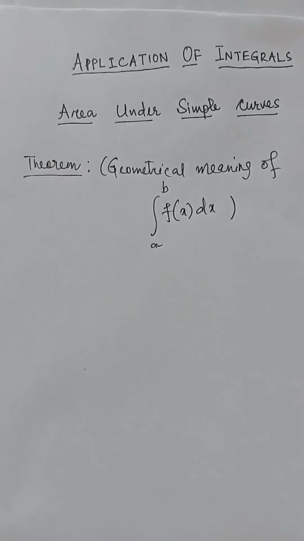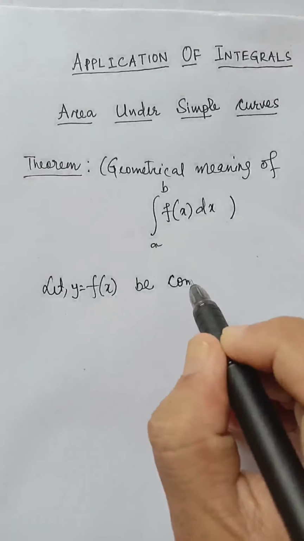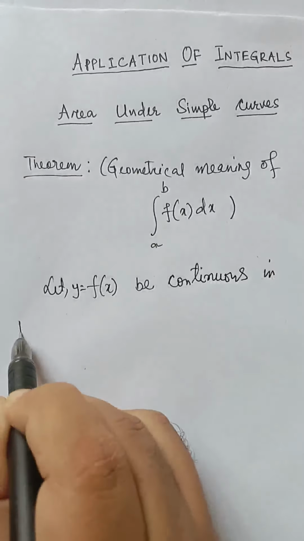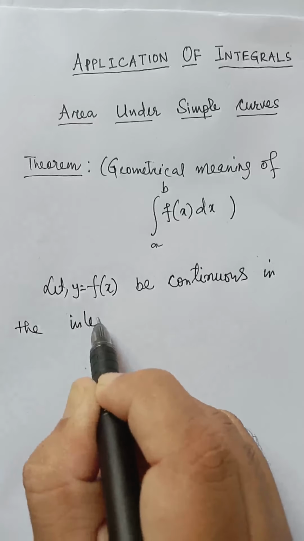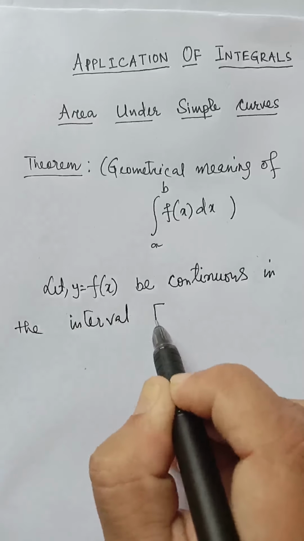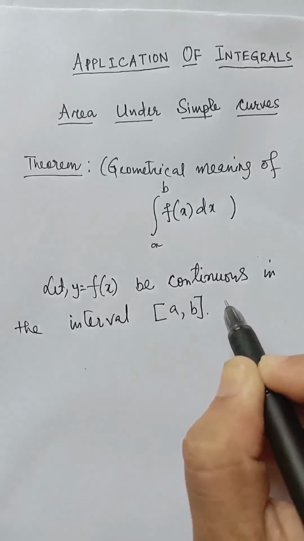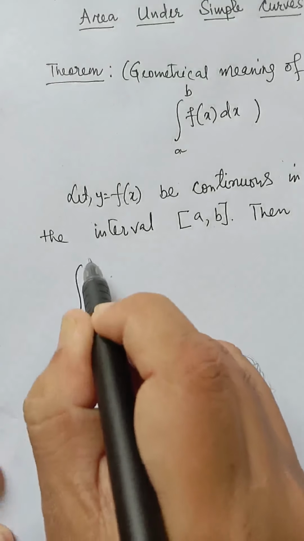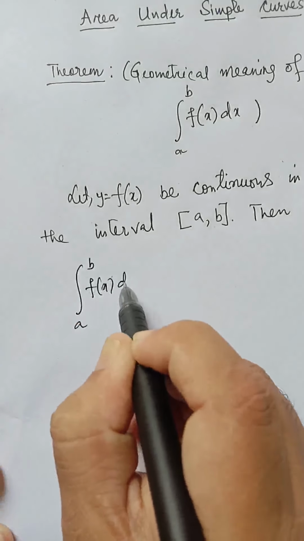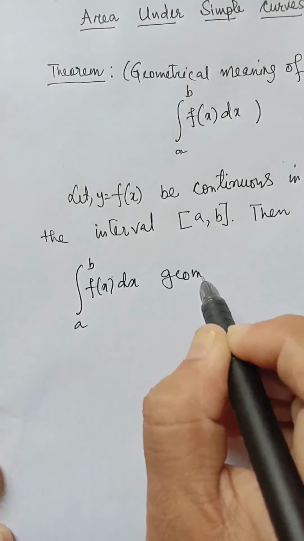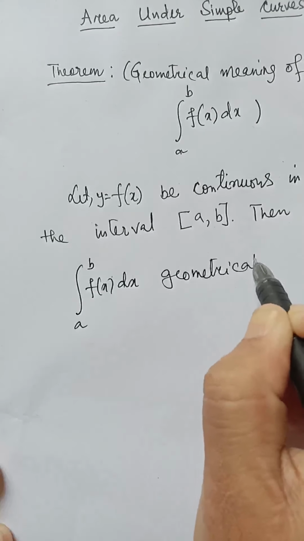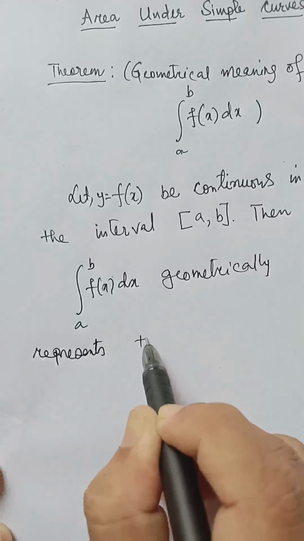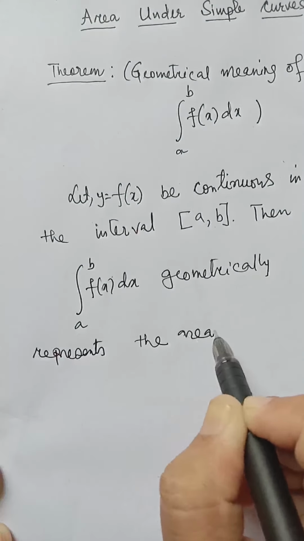Now, suppose y equal to f(x) be continuous in the closed interval [a, b]. Then the integration of a to b f(x) dx geometrically represents the area bounded by